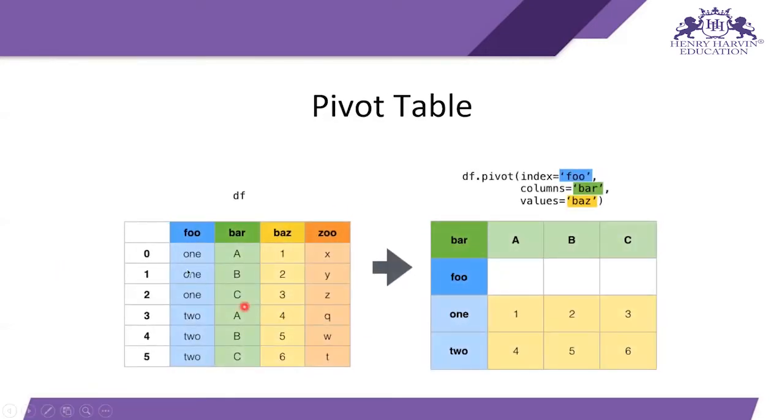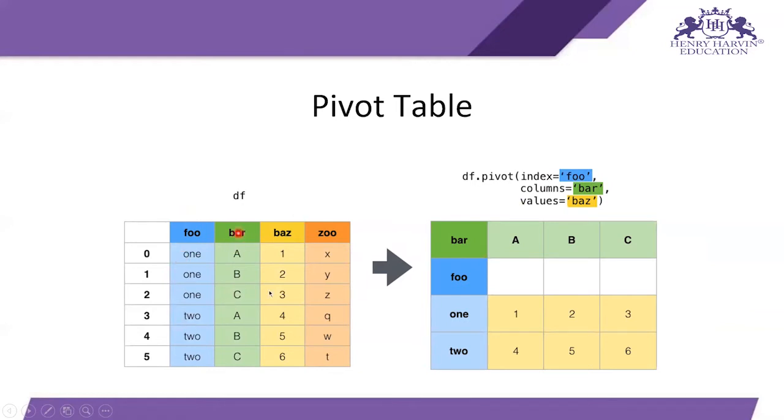If you have a data frame with four columns, foo, bar, baz, zoo, and index values 0, 1, 2, 3, 4, 5, 6, that is 7 rows and 4 columns. To make your pivot table, if you want to make the index from a column, you can type index equals the column name. Then you want the columns from bar, in the format of A, B and C, and in the format of 1 and 2 you want the index.